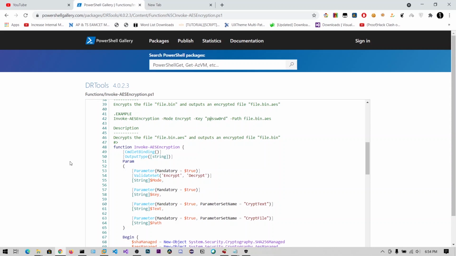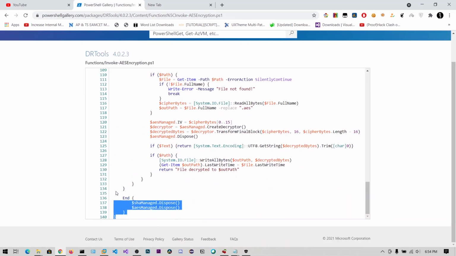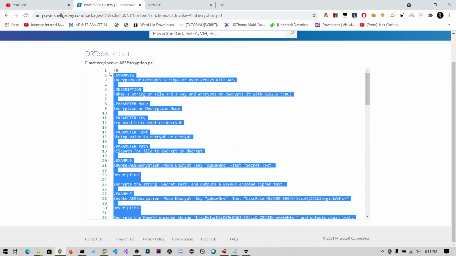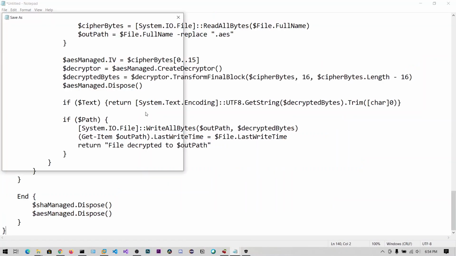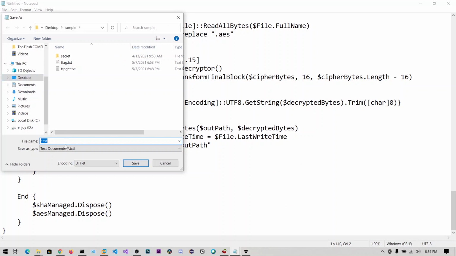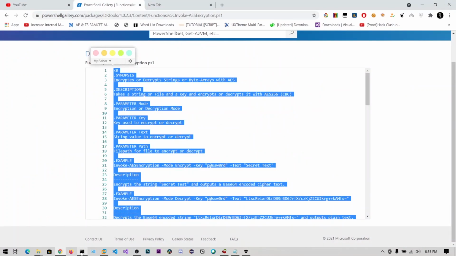Even if somebody between your Kali Linux and the Windows machine does sniffing, they cannot see the contents. So let's copy all this, paste this and save this as my invoke AES encryption .ps1. All files save. So okay.